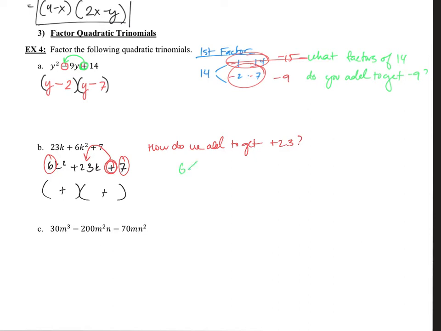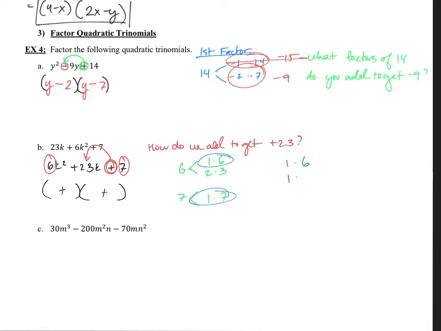Factors of 6 are 1 and 6 and 2 and 3. Factors of 7 are just 1 and 7 because 7's prime. So now we move into a slightly more complicated step than the first problem because we have an actual number higher than 1 by our squared value. So I'm going to pick one factor from each team, you could call it first and last coefficient, and see,